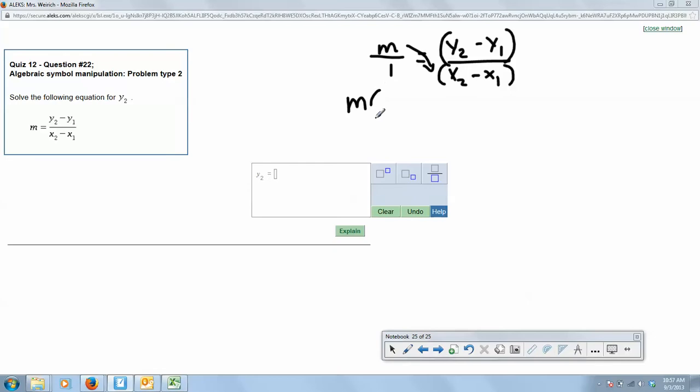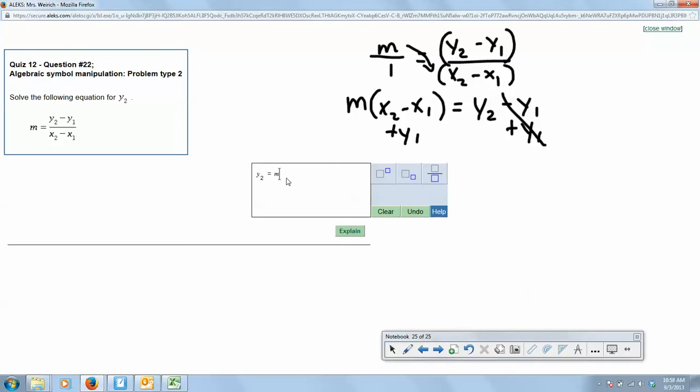We would take m times (x2 minus x1), and then we would take 1 times (y2 minus y1). But 1 times (y2 minus y1) is not really changing anything. Now, if you want to solve for y2, we just have one more step. Just add y1 to both sides. So the answer would be